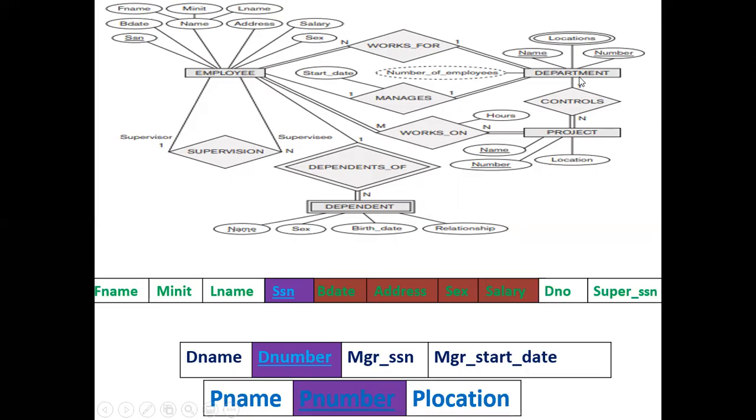The primary key of department is D number. D number will now become a foreign key for project. So D num becomes a foreign key for project. Now do you have any other 1:n relationship? Okay, so these are the three 1:n relationships